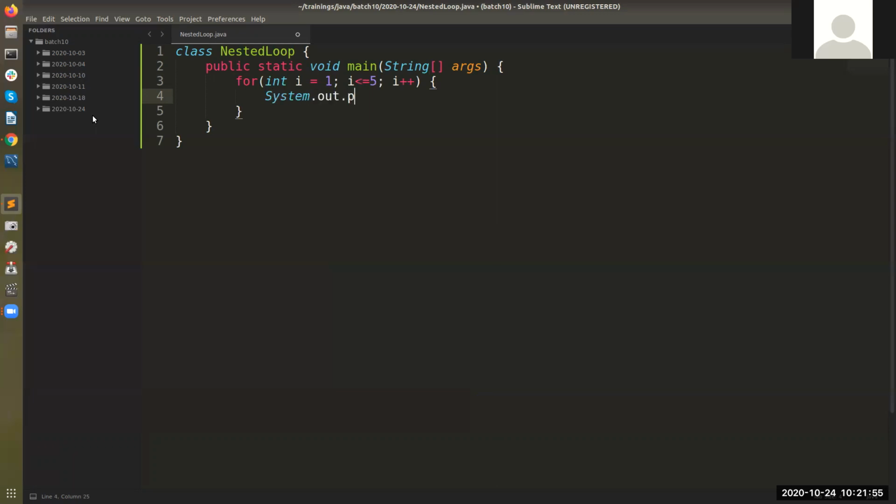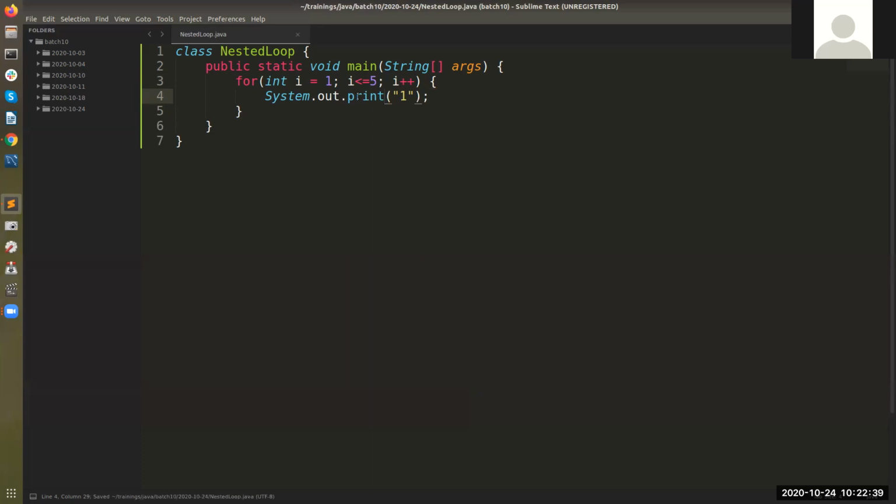So System.out.println. If I'm going to print this value 1, how many times will 1 be printed on the screen? 5 times. It is going to print 1 five times and in 5 different lines. See, this thing matters. When you are going to print a pattern, this thing is very important. Whether you have to print the value of 1 in 5 different lines, put it as println. If you have to print the value in a single line, put print, right? We will use the print method. So print and println. Print is going to print the value and will not end the line. Println is going to print the value and end the line.